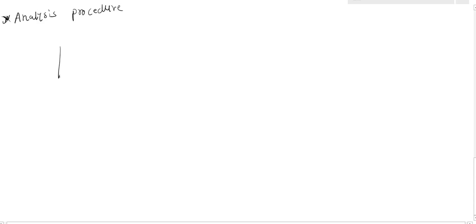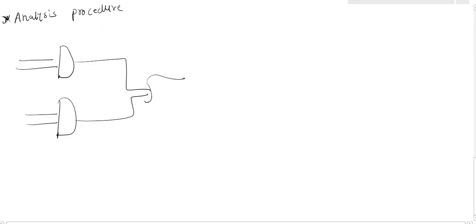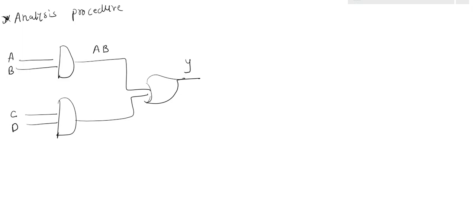Now let's take an example. Suppose I have a logic design like this. The inputs given to the first AND gate are A, B. Output is generating AB. The input given is C, D and this is Y. The logic design will be given to you and the question will be asked like this: obtain the Boolean function for outputs of the given circuit. Now when the logic circuit is given to you in this way, the expression AB will not be given to you. Then what you have to do? You have to first analyze the logic design.